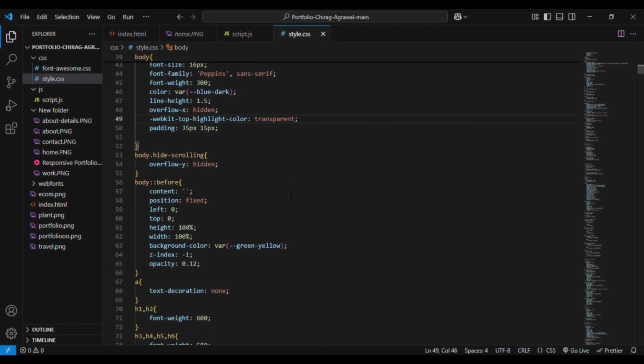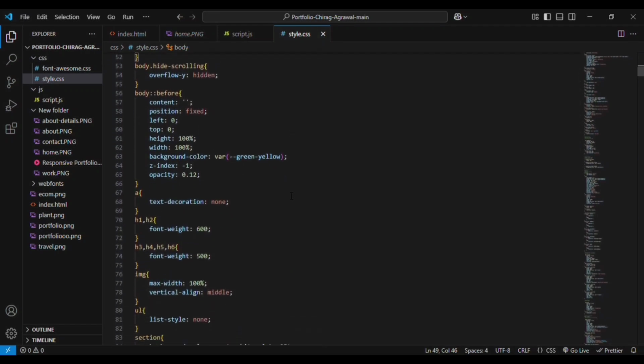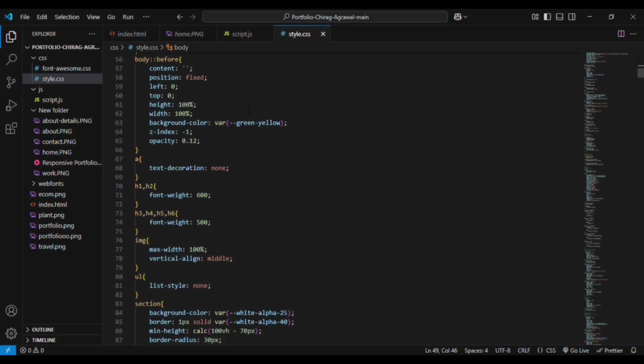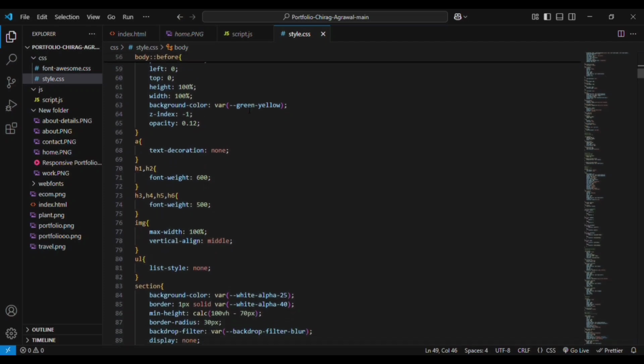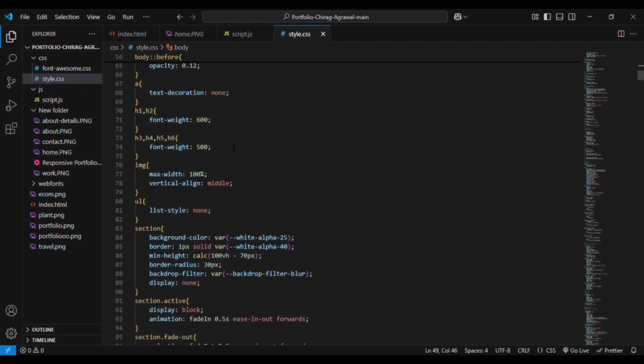Then for the body height scrolling, overflow y equal to hidden. Then for body before we are using content, position is fixed, top is 0, left is 0, height is 100%, width is 100%, and background color is given to them. And for the default global values, we are giving for the anchor tag, we are removing the default values. So for that